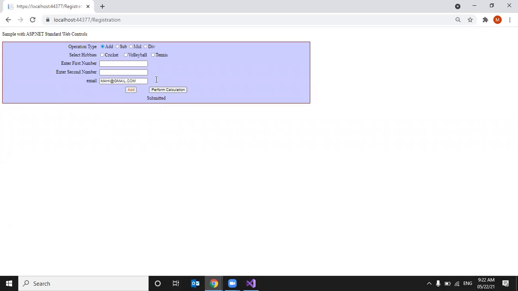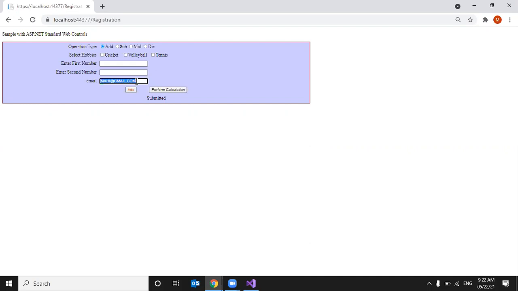Because except the required field validator, no other validation control will verify whether the data is available in the control or not. If the data is available, then only it will validate, otherwise it will allow.